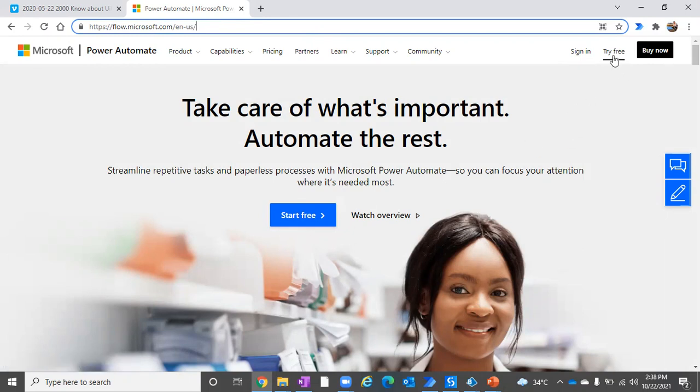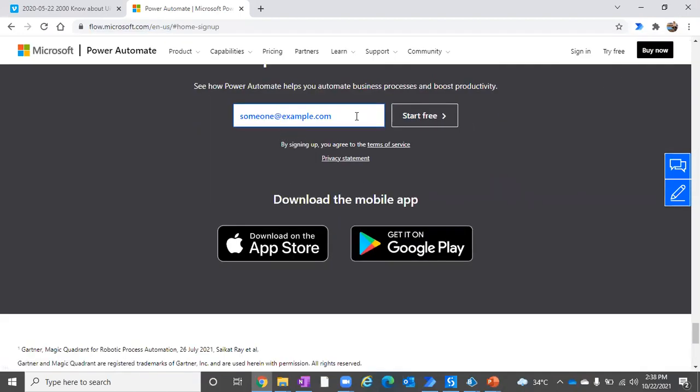So you can just click on it, and it'll ask you to enter the email ID. Just hit enter and get started free. You will get a URL, the exe file, and then do the installation for it. And the third option I've already mentioned, you have the option to download the mobile app also.